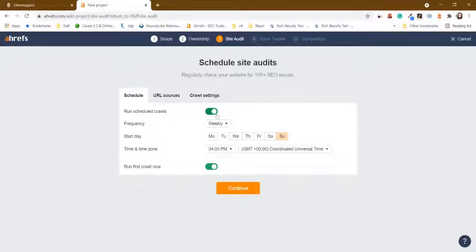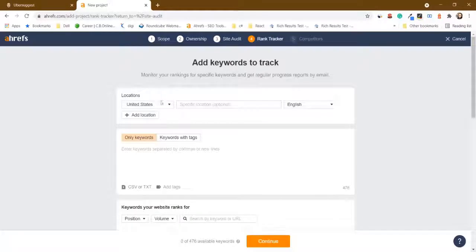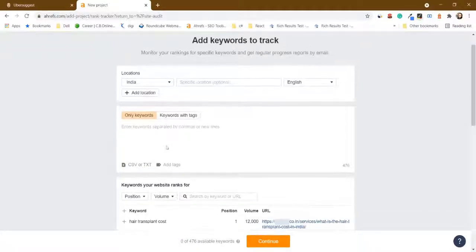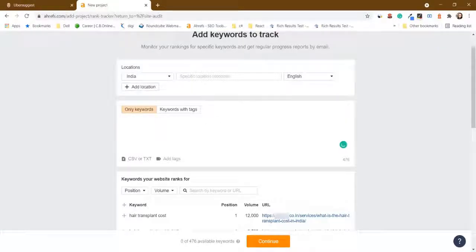Now I don't want the crawl to happen in a frequent way. I just want to do it right now, so I'll disable this and I'll run the first crawl now, and click on continue. Now my website is India based and it's for Indian people, and I have some keywords, so I'll just add some of the keywords here.